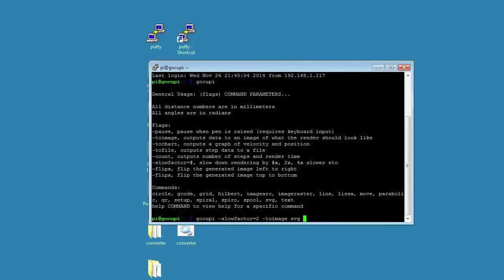I'm going to draw this one 254 millimeters, and then I need the path, so /home/pi/GoCupy.svg, and then you'll see these commands.